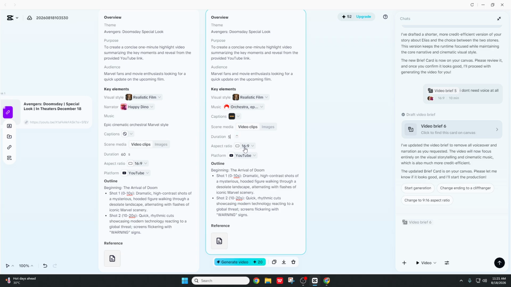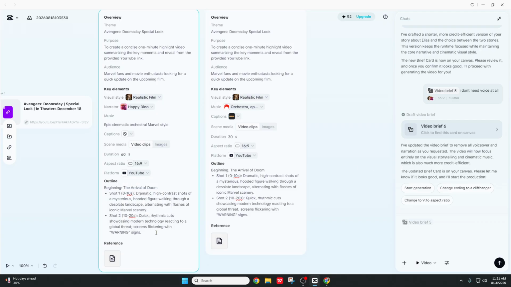So let's say I want it to be longer, can I increase the time? Okay, I can decrease the time and I can increase the time to 30 seconds max, and I think this is because of the script. If I press control Z, the script doesn't come back. If I keep hitting control Z,